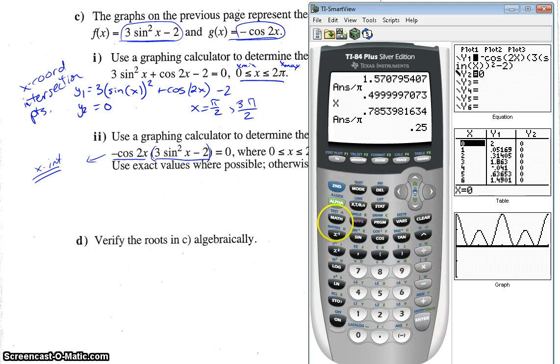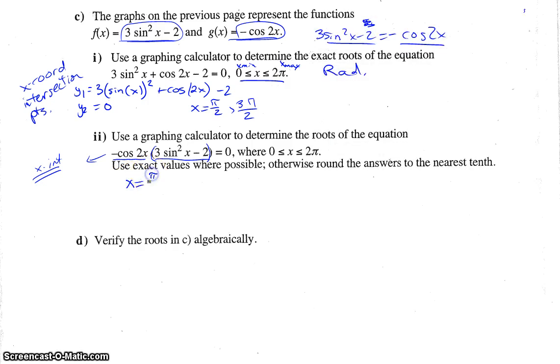And then we're going to math fraction, but you probably recognize that as 1 over 4. So our first solution here would be pi over 4. And if these tick marks are at every pi over 4, then this would probably be 2 pi over 4, 3 pi over 4. So we've got x equals pi over 4,